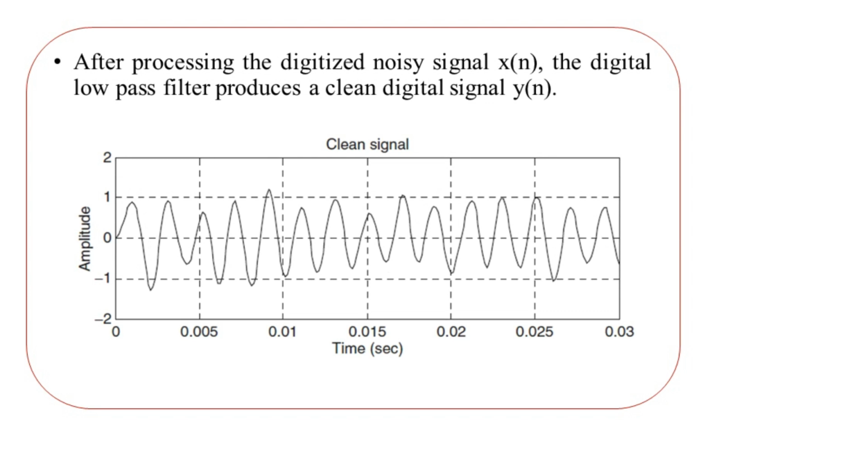In this output again we have the time parameter on the horizontal axis, measured in seconds, whereas the amplitude is plotted on the vertical axis. It has the negative as well as the positive side, and you find a clean signal as you compare this representation to the earlier one. In the earlier representation there were certain fluctuations, certain wrong amplitude values that we did not want in the final output here. So with the help of digital filtering in the given example, we have obtained a clean digital signal here.